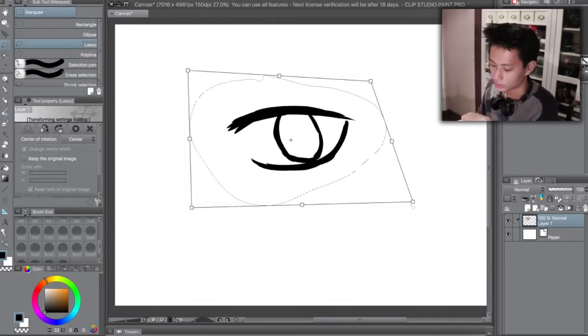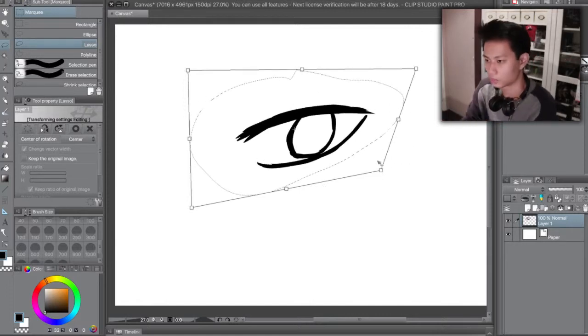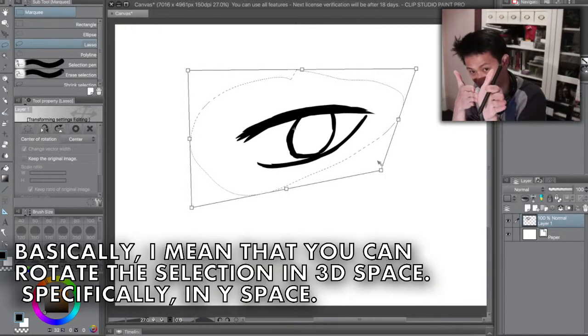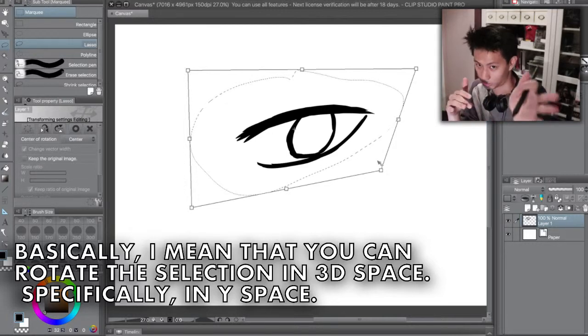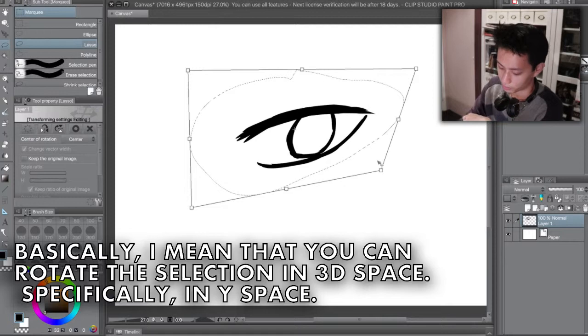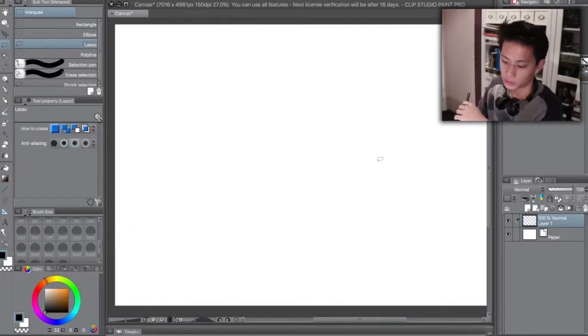So the idea is you can actually change the shape. You can make it sharper, you can make it skinnier, you can even, if you want to draw a remote control facing more angled, draw it like this, and then you can scale it and flatten it to make it look like it's actually pointing towards the camera, which is very, very useful from my point of view. So I will just press enter and deselect and return to the pen,